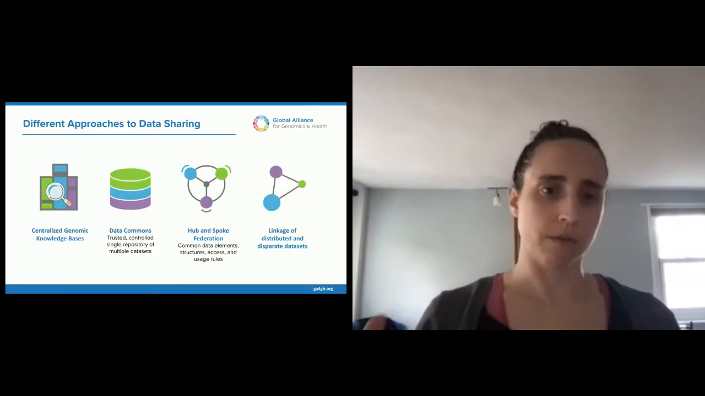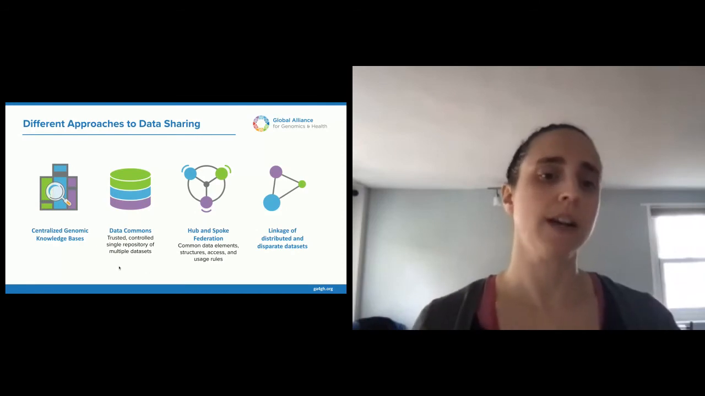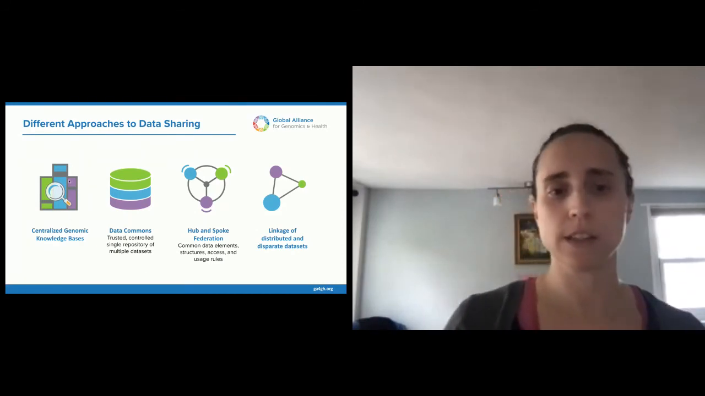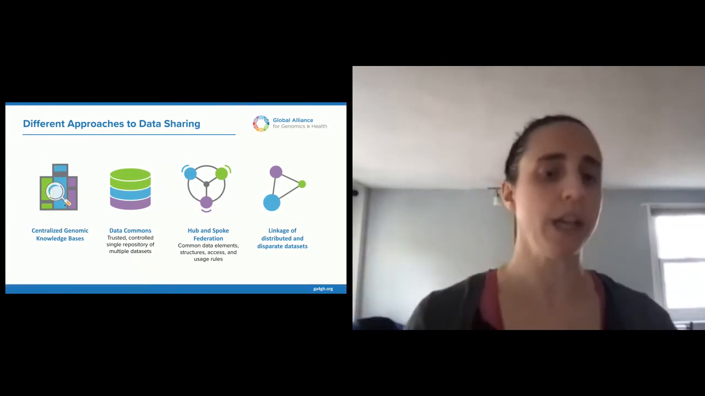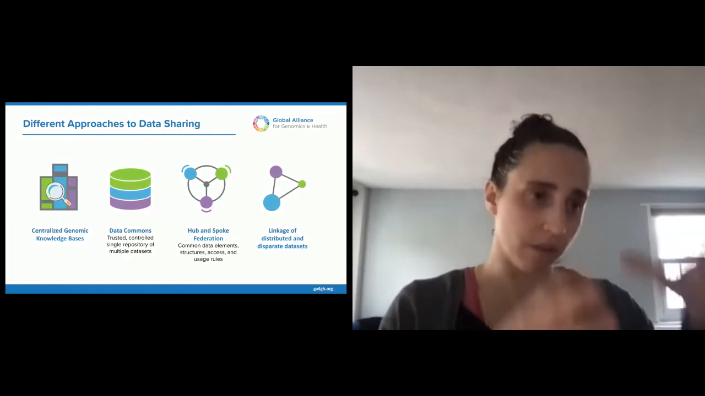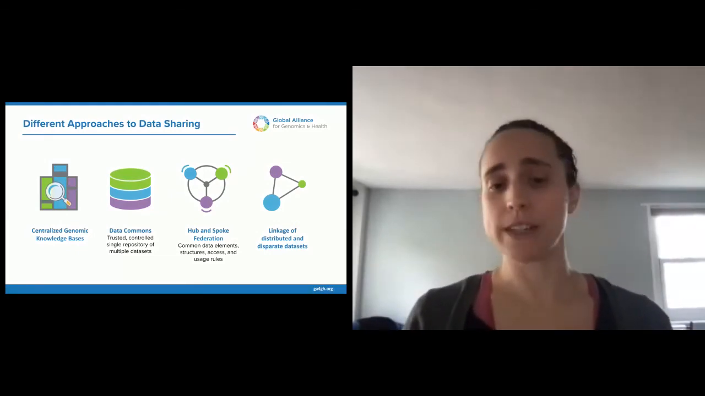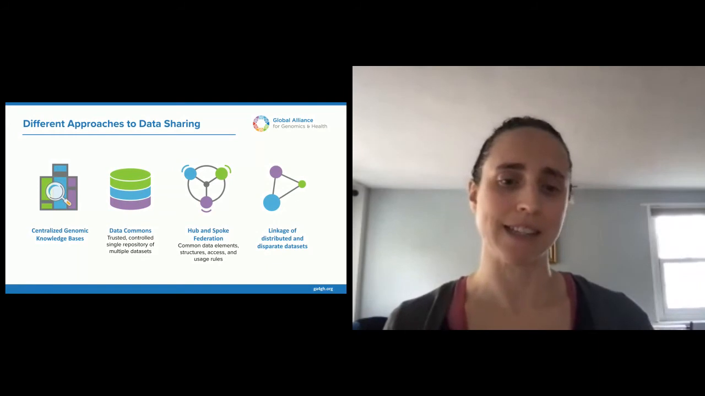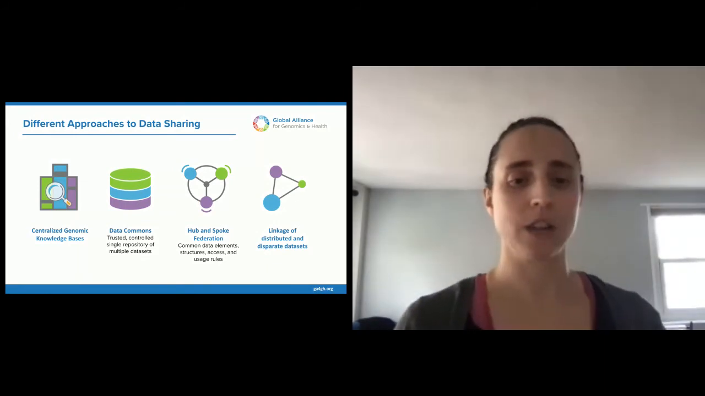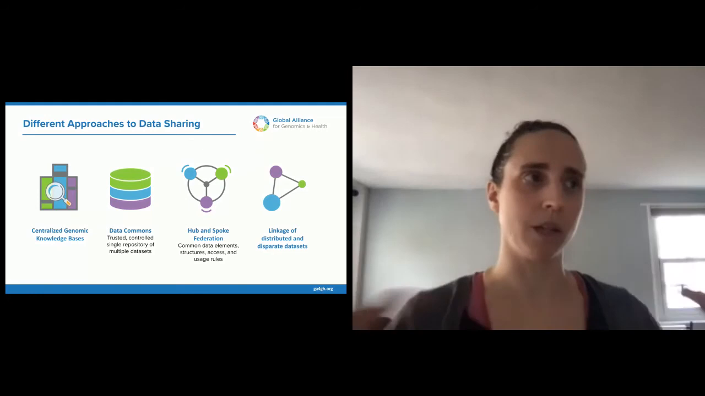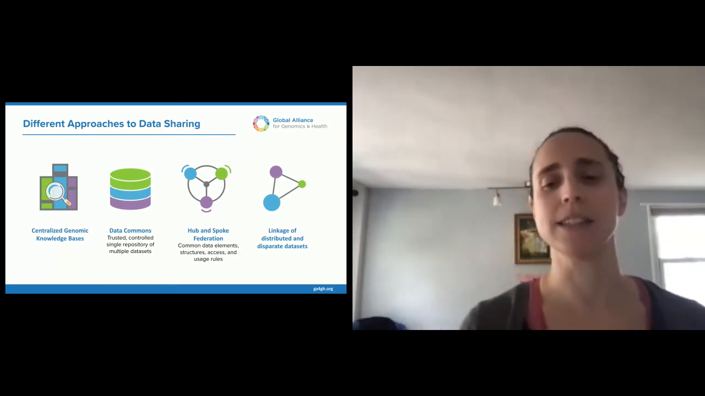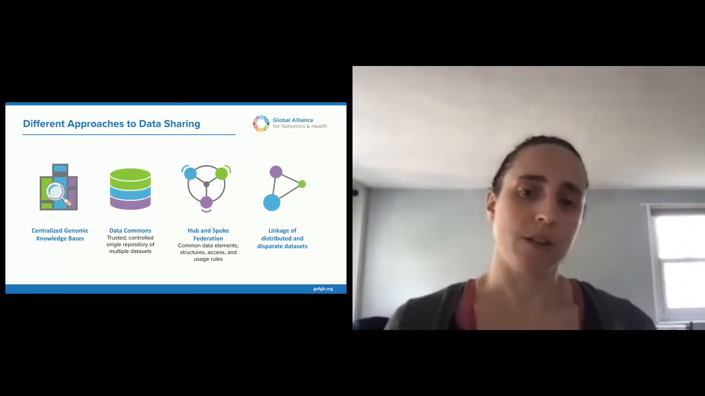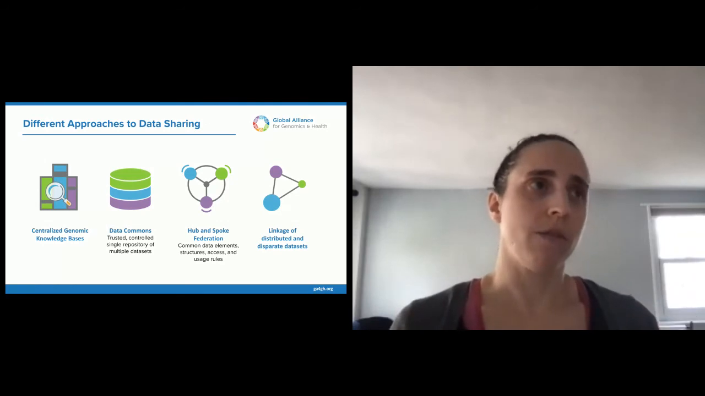We support many different approaches to data sharing, whether it's centralized genomic knowledge bases. Some of you might be familiar with ClinGen, where people deposit their knowledge about genomic variation into a central location. Data Commons is one of the pieces that we look at, and we've defined that as a trusted, controlled, single repository of multiple data sets. Although I'm really excited to be here and think about whether we need to redefine how we're thinking about Data Commons, GA4GH standards are really the value that we can add